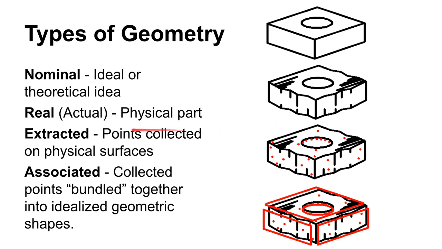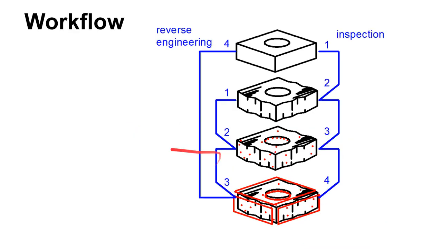It's good enough. All right, and what you can do is take that actual geometry and probe it enough, and then, like I said, you can do this best fit analysis and fit planes to these surfaces. You can fit spheres or cylinders to these cylindrical approximations of cylinders. And what you can do is bundle those points together into these associated surfaces. All right, so you have these different types of geometry.